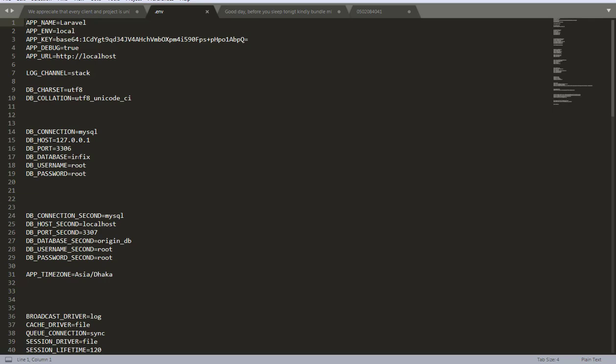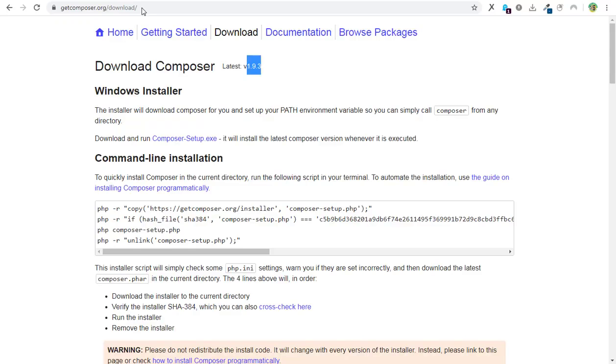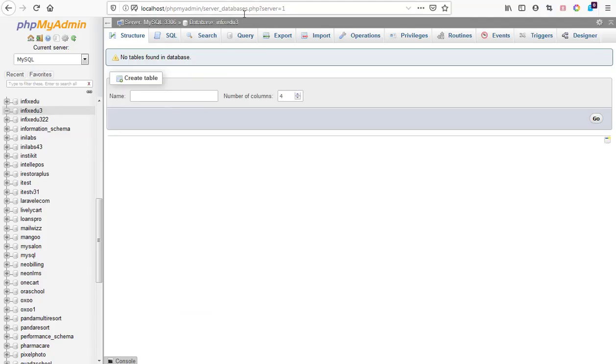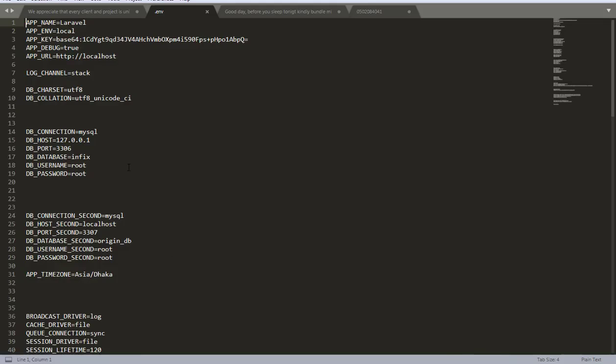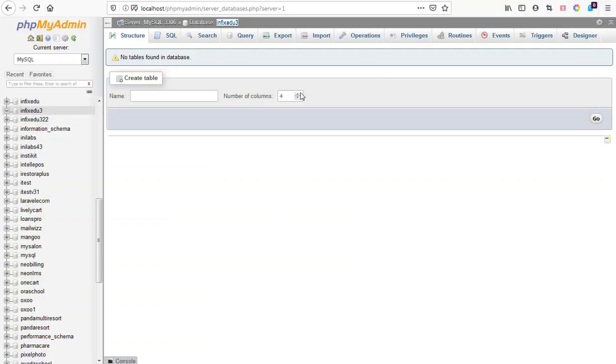So what I need to do is configure the database. My database name is Infix Edu3. So I'll just copy that, then I'll come and paste it here. Then my username here is Avinash, and then my password is Pandik006, which I'm done with. And then we also need to set up our app URL. So our app URL, slash, then my public folder here. So save. Now we are ready to run the commands